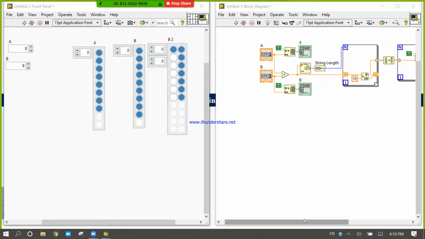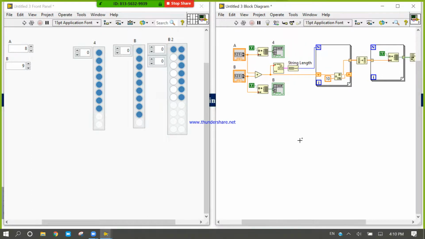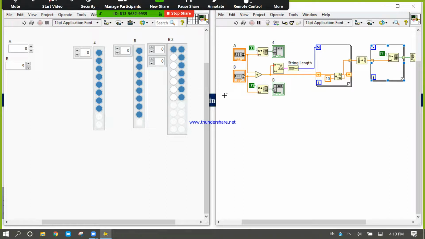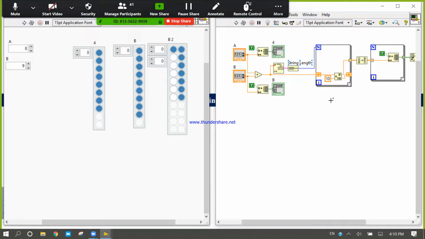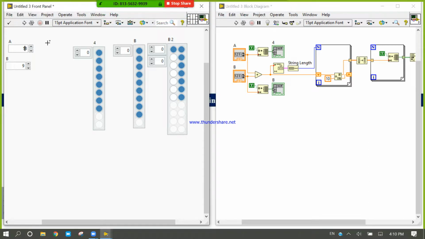Why? Look at here. If I write and generate anything like 555 plus 90, it will give me output. So what will be the final output?